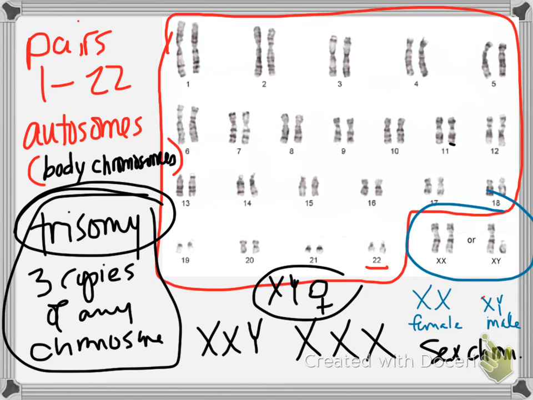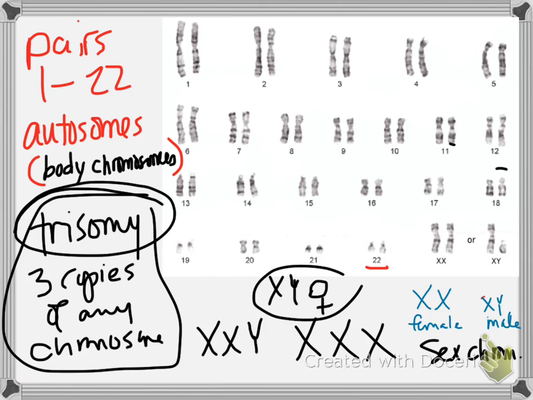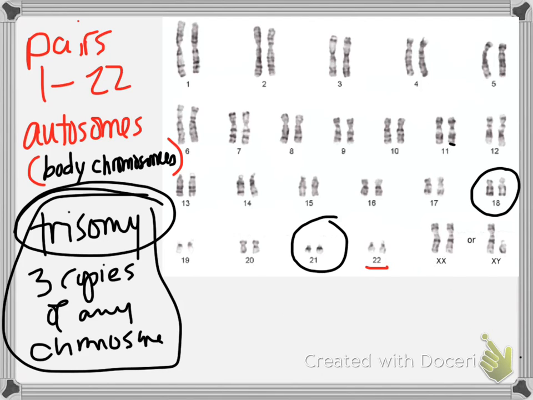So, there are 2 exceptions to that. Let me see if I can get rid of some of my marks here. 18 and 21. And let me get rid of all my sex chromosome stuff down here. 18 and 21. You can have a trisomy on either of those and survive it, and be born and be a functioning human. Does anybody know what either of those is called right off the top of their head? Anybody have a guess? Talk at your tables. Do you think you know?